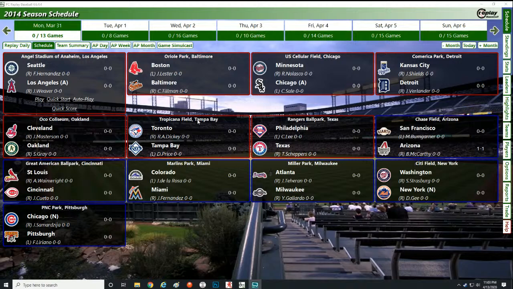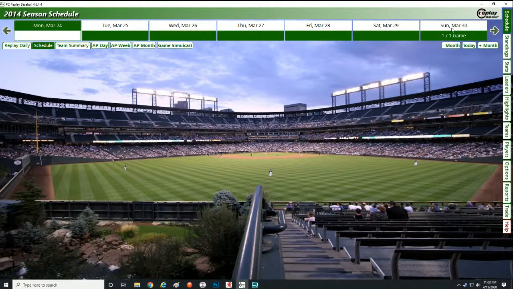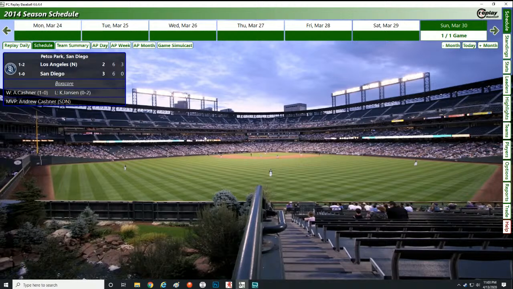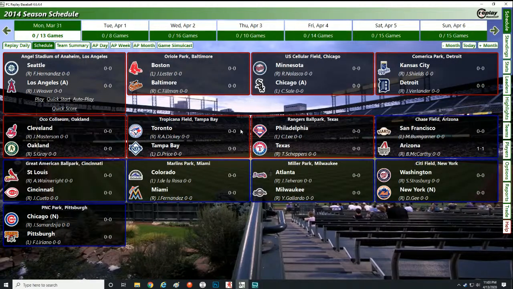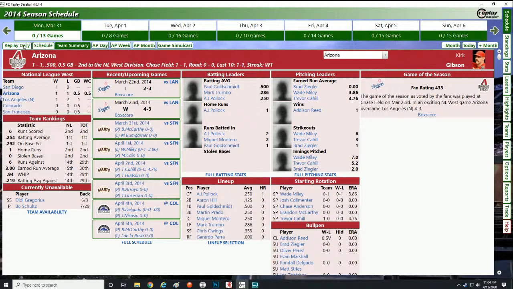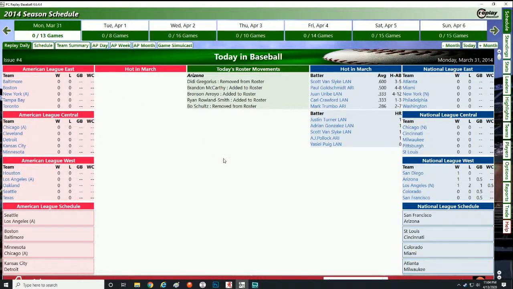There, so you can see, there was a game that was played on the 30th between the Dodgers and San Diego, and San Diego wins 1-0. And I think there was actually a couple games before that in March. So if we go to the summary here, it looks like Los Angeles, Arizona, and San Diego have each played a game. All right, so on March 31st,